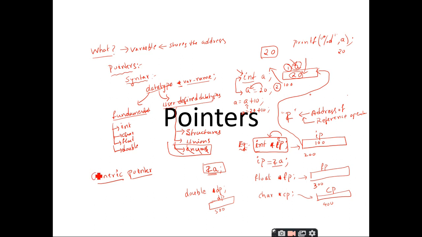Do you know the answer or shall I proceed? No, sir. Right. Generic means general, right? So other than these fundamental data types, integer, float, char and double, we have another data type which is called void. So the other name for this generic pointer is void pointer. We can call it a void pointer.